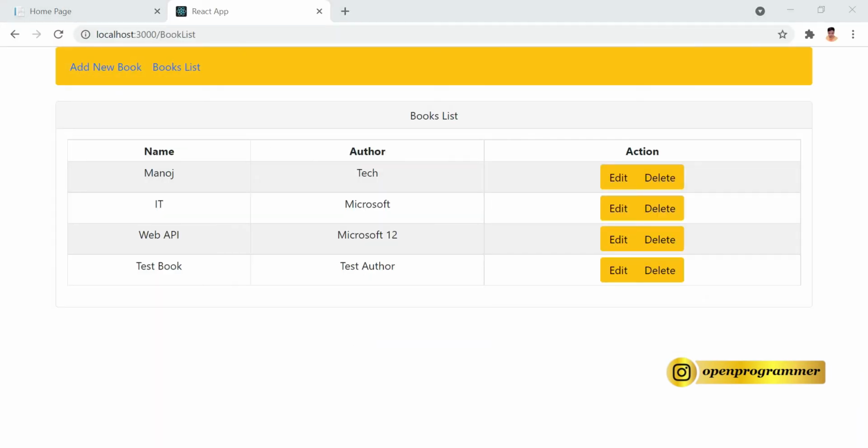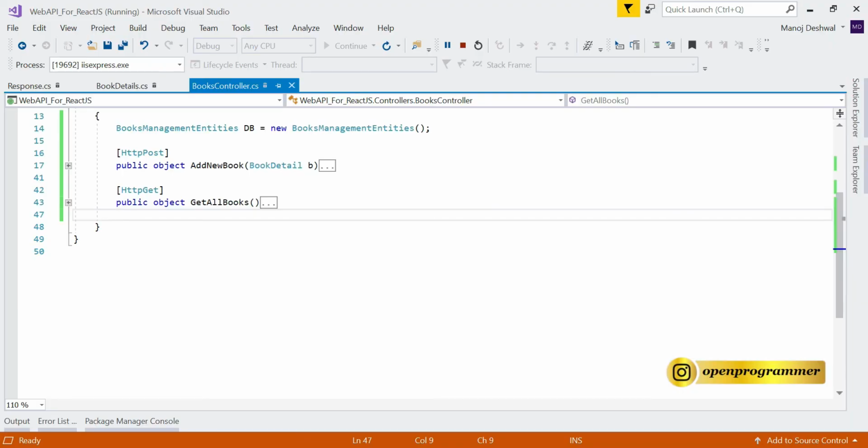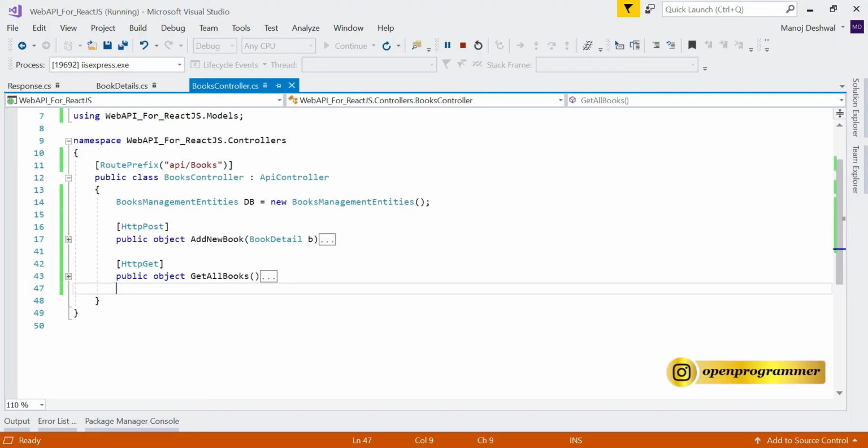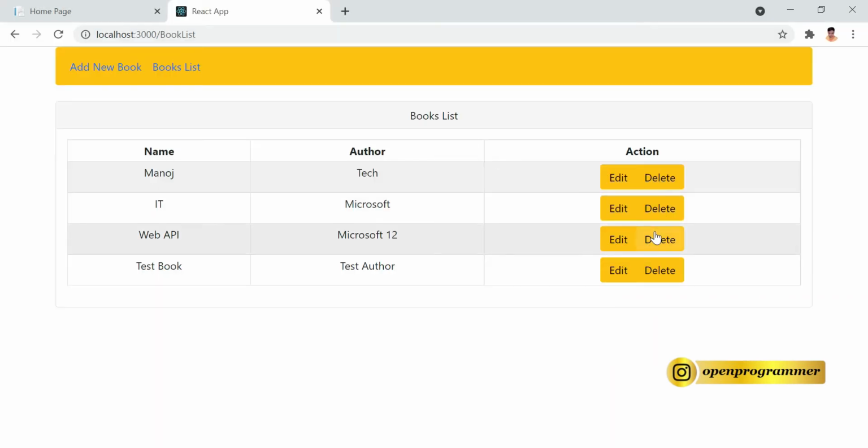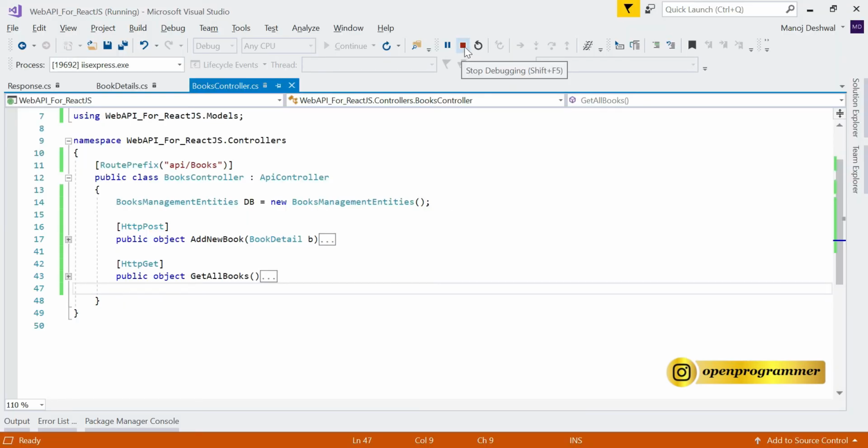And if I go back to the Web API project, so far we have created two web methods. One is to add a new book, and the second one is to get all the data of all the books. So now we will use this delete button to delete a book from here. Let's stop the solution of Web API.